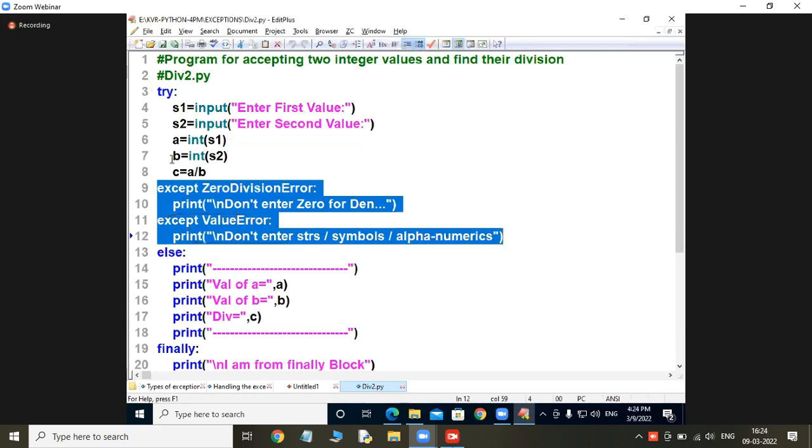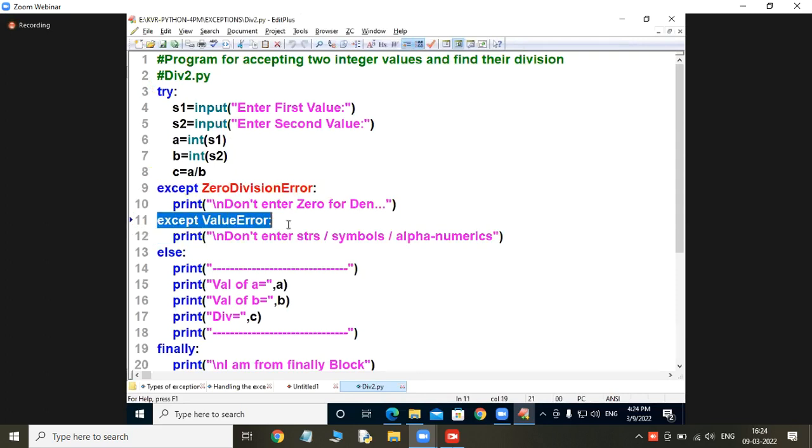People will ask a question: after executing the value error block at line number 12, is it going back to execute the rest of the statements?